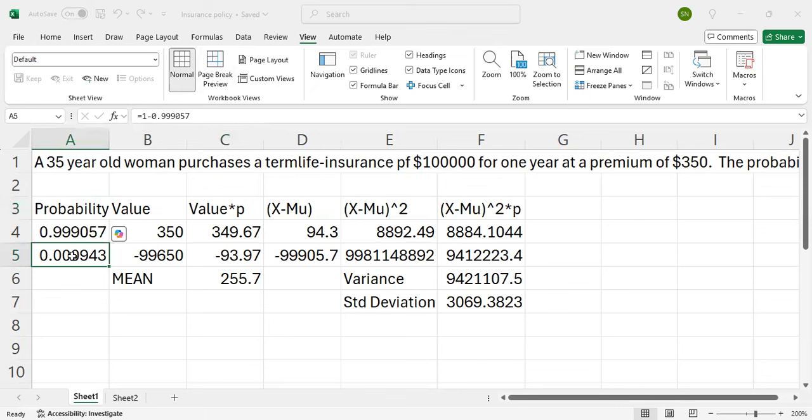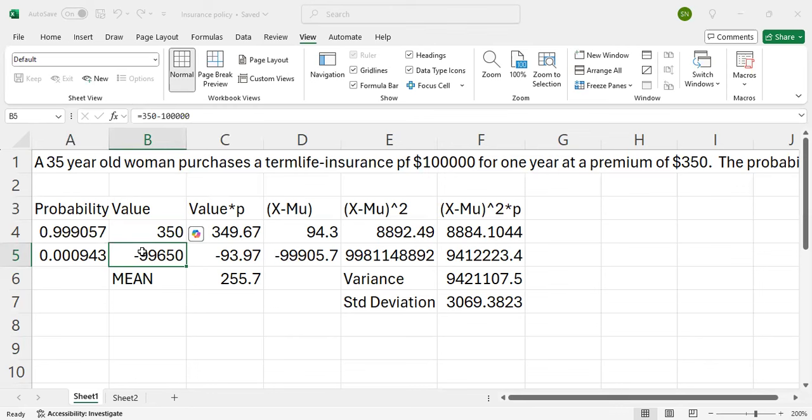The second row, the probability is the opposite, the probability of the complement event, that the woman does not survive after 1 year. And that probability of the complement event is 1 minus the probability that she survives, which is 0.999057. And that probability value is very low, as you can see, equal to 1 minus 0.999057, which is 0.000943. And in that case, the insurance company hands out,